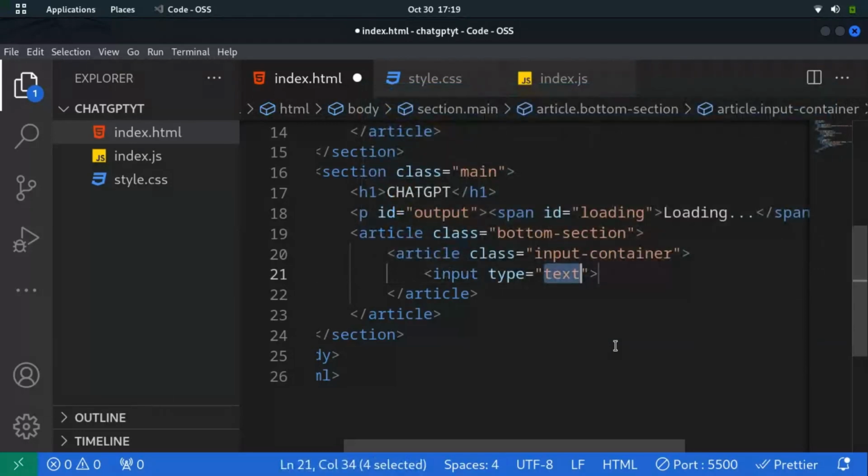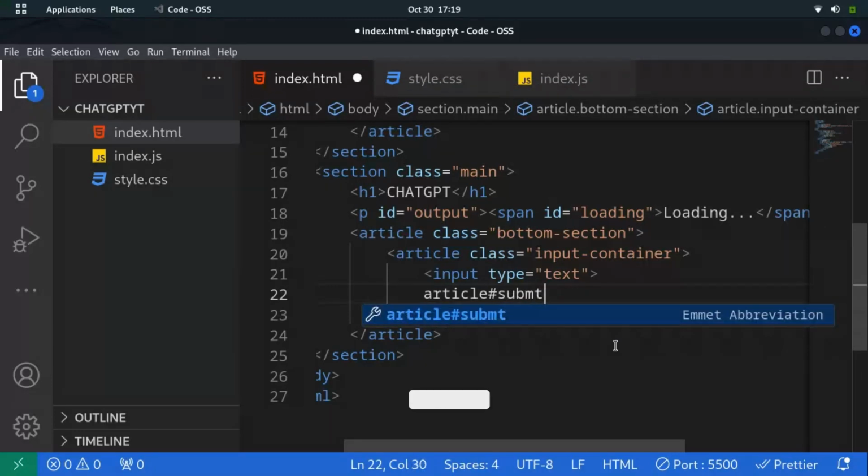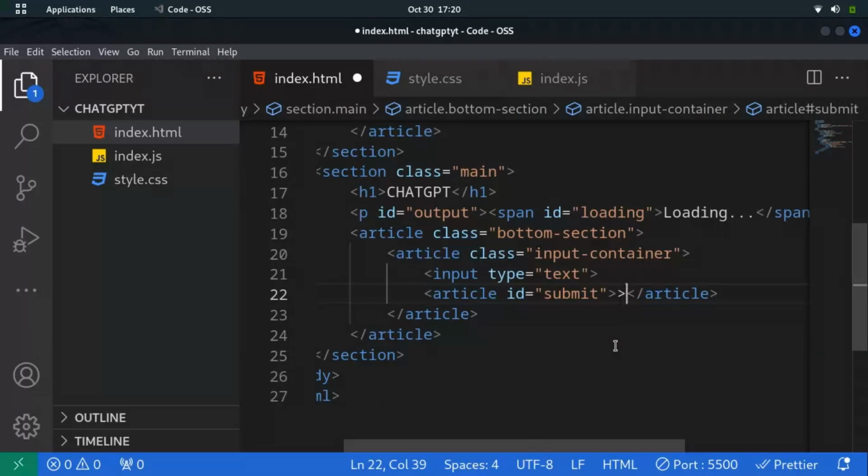I want the button to be in the article, and then I'm going to give it an ID of submit. So inside this button, I'm just going to be giving the arrow like that,